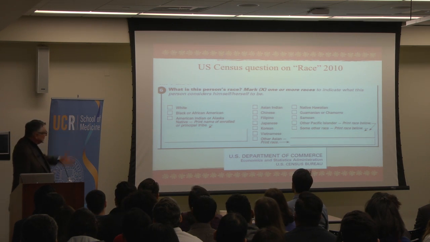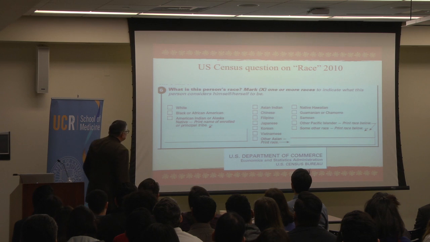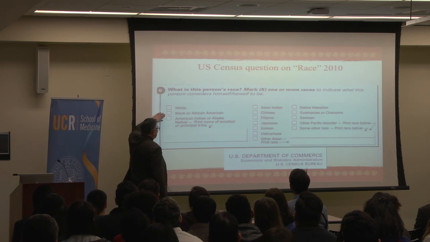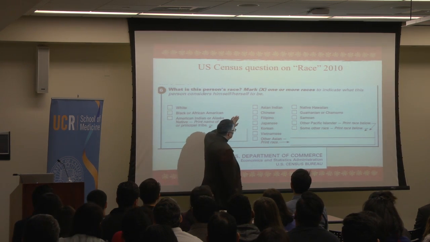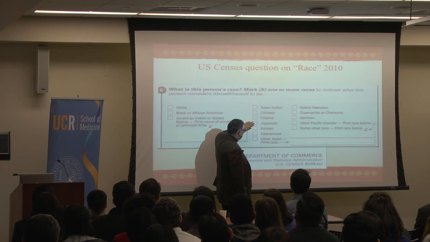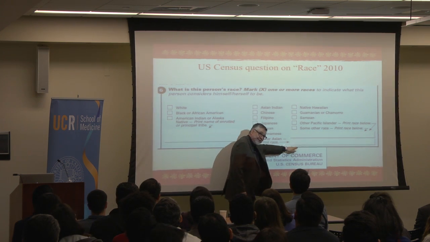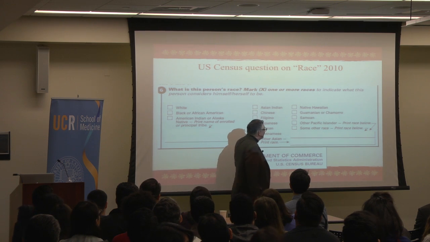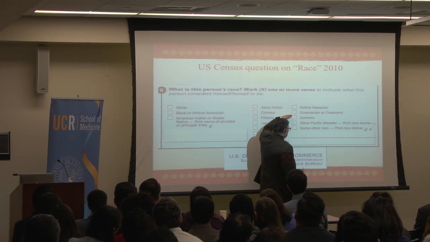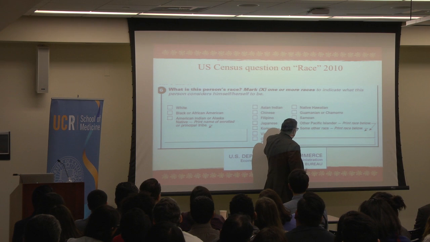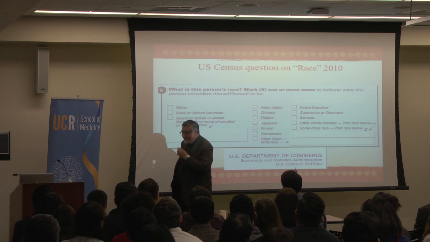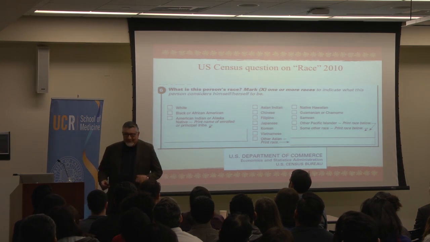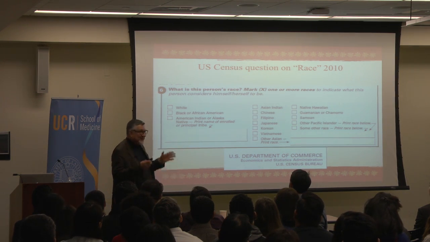Ever since the 1980 census, people have been able to pick what their race is, and they're given choices. You can be white, or black, or African American, or American Indian, or Alaska Native, but you need to put in your tribe. Or you can be Asian Indian, or Chinese, or Filipino, or Japanese, Korean, Vietnamese, or other Asian, but indicate Lao, Cambodian, Hmong. Or you can be Native Hawaiian, or Guamanian, or Chamorro, Samoan, other Pacific Islander, or some other race. Your residual category, some other race. Well, we have a very strong racial narrative in this country.